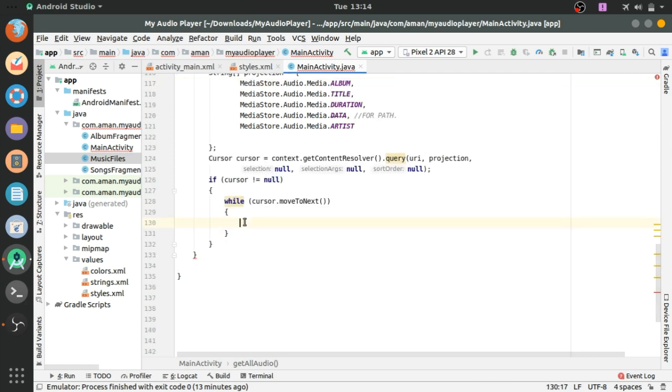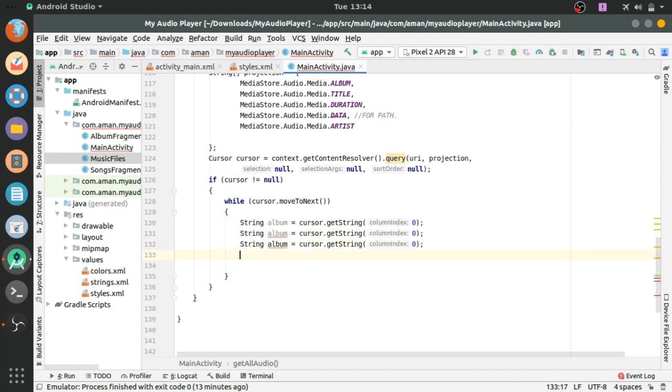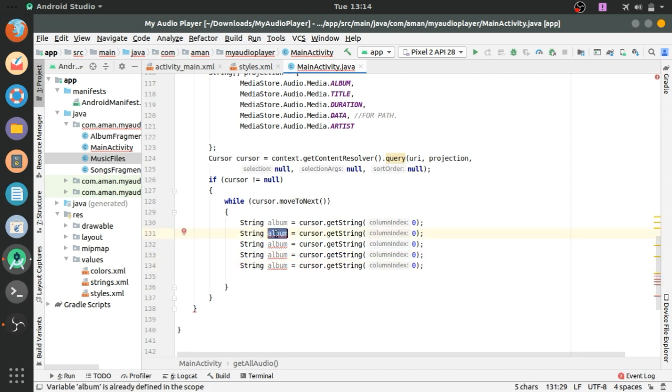If it is true, it will loop. String album equals cursor.getString at column index 0. Make sure to take the column index from the projection: album at 0, title at 1, duration at 2, data at 3, and artist at 4.